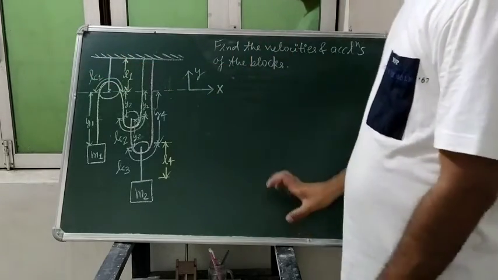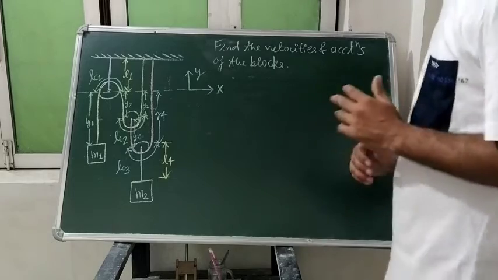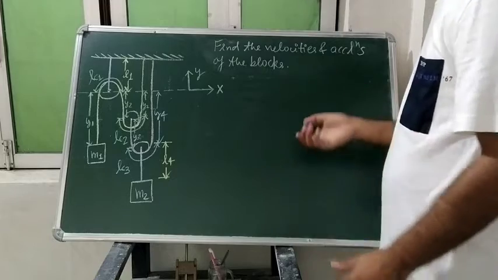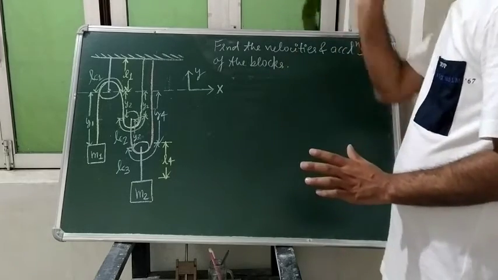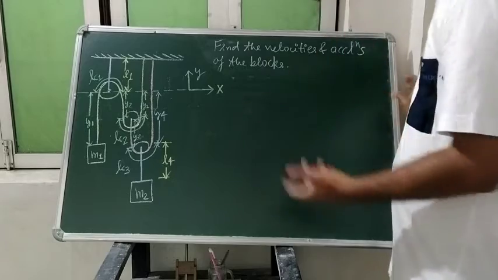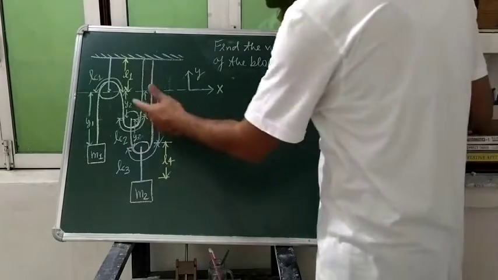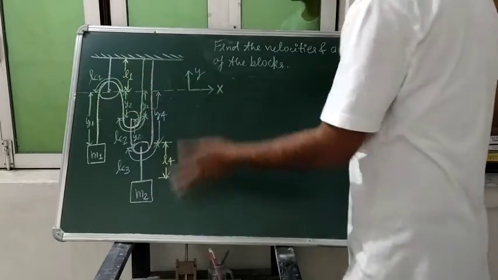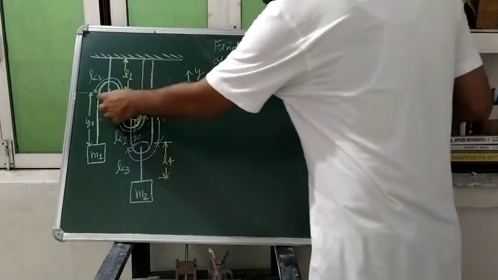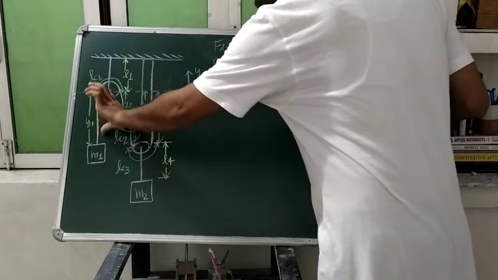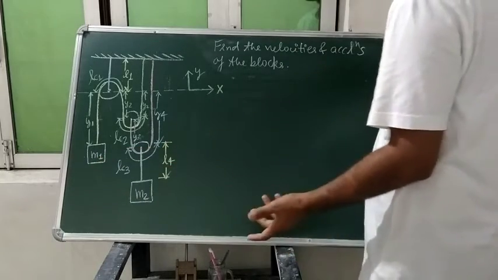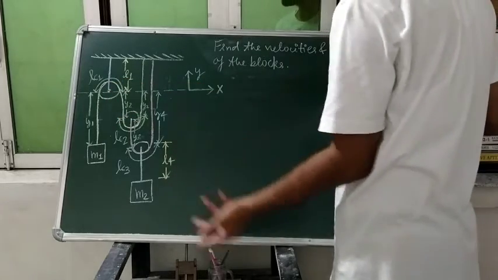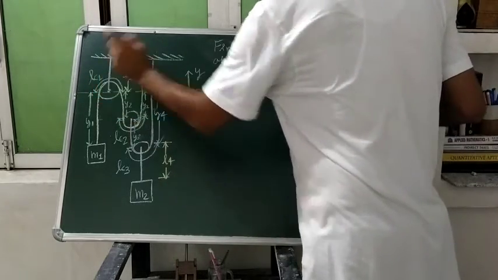Wherever we make the datum, we will keep this point in our mind: that point should be fixed. That point should not move. Then only can we select the datum at that point. And from the fixed point, we will select the datum and find out the lengths of the strings present there. So suppose this one is y1, the length of the string present here where the mass m1 is hanged, and this length over the pulley will be constant, it is not going to change, so we are representing it by LC1.